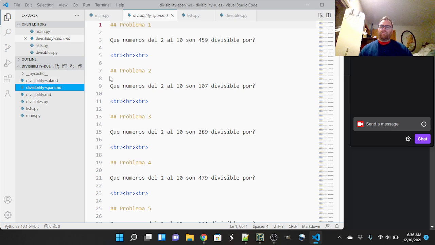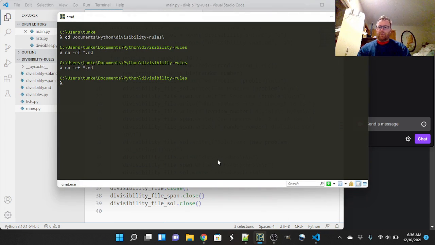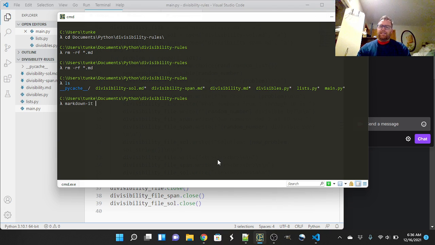Let's take a look at the Spanish version. Okay, seems to have come out all right. All right. So now what I'm going to do is pull back up Commander and we're going to run markdown-it. Actually, let's list out the files. It makes it easier. Now we'll run markdown-it, type correctly, and divisibility